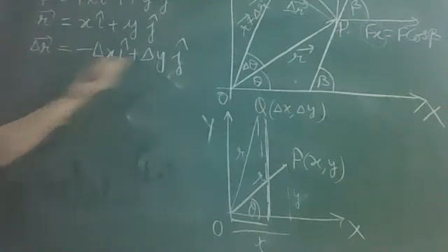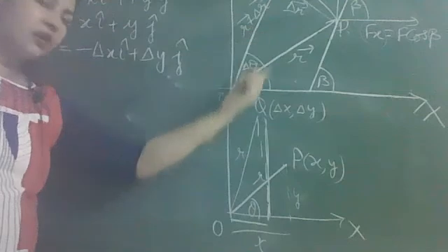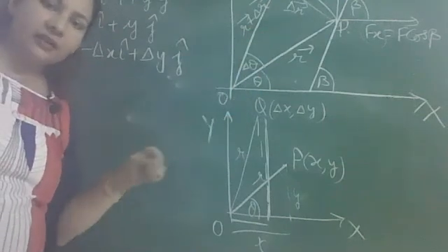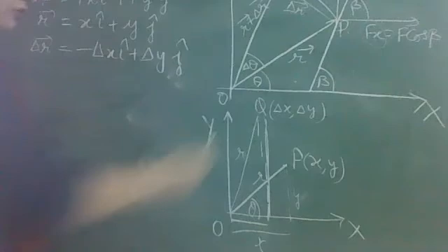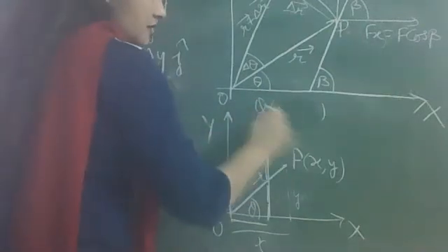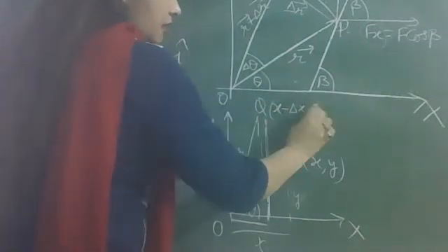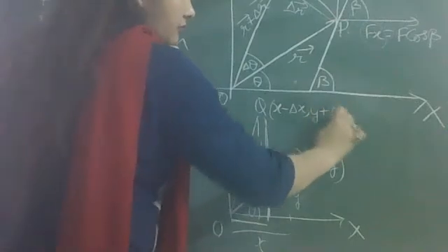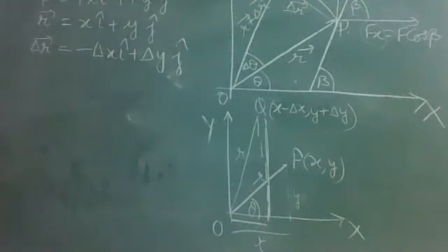Okay, we definitely write in vector form r plus delta r, but the x coordinate is x minus delta x and the y coordinate is y plus delta y. So we better write here the coordinates are x minus delta x and y plus delta y. So only delta r now we have written. So negative sign must be there in front of delta x. I hope this representation is clear.